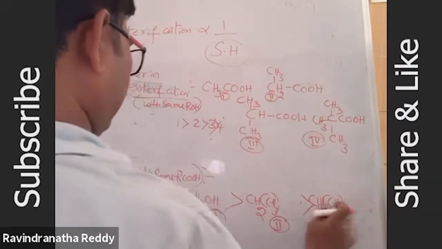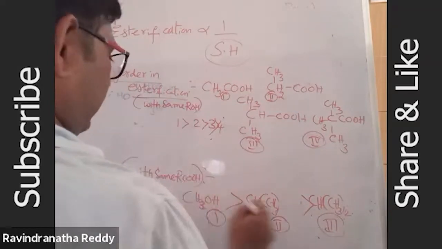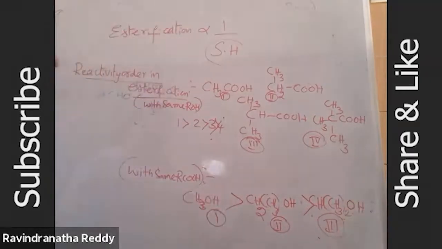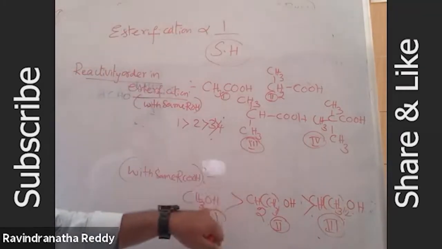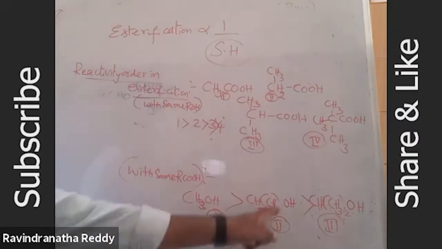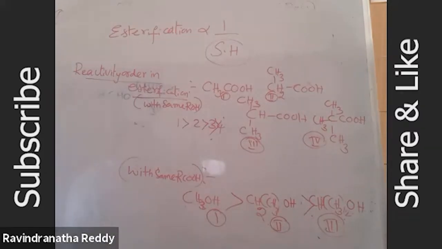Take here alcohol only. All are the same carboxylic acid. Alcohol only, take that one. Right, very good. This question is about alcohol. Same carboxylic acid, different alcohol. OH, this is 1 degree, this is 2 degree, next to that is 3 degree alcohol. Change the structure. Right. So this is the esterification question.